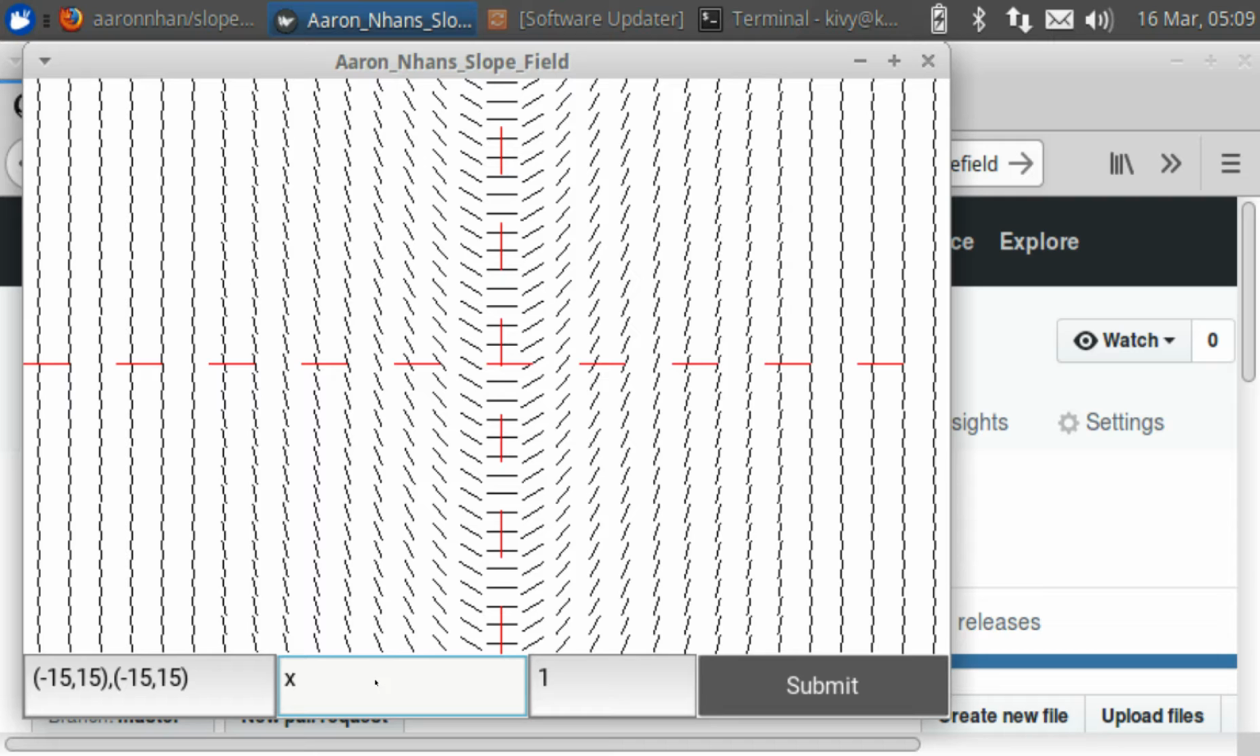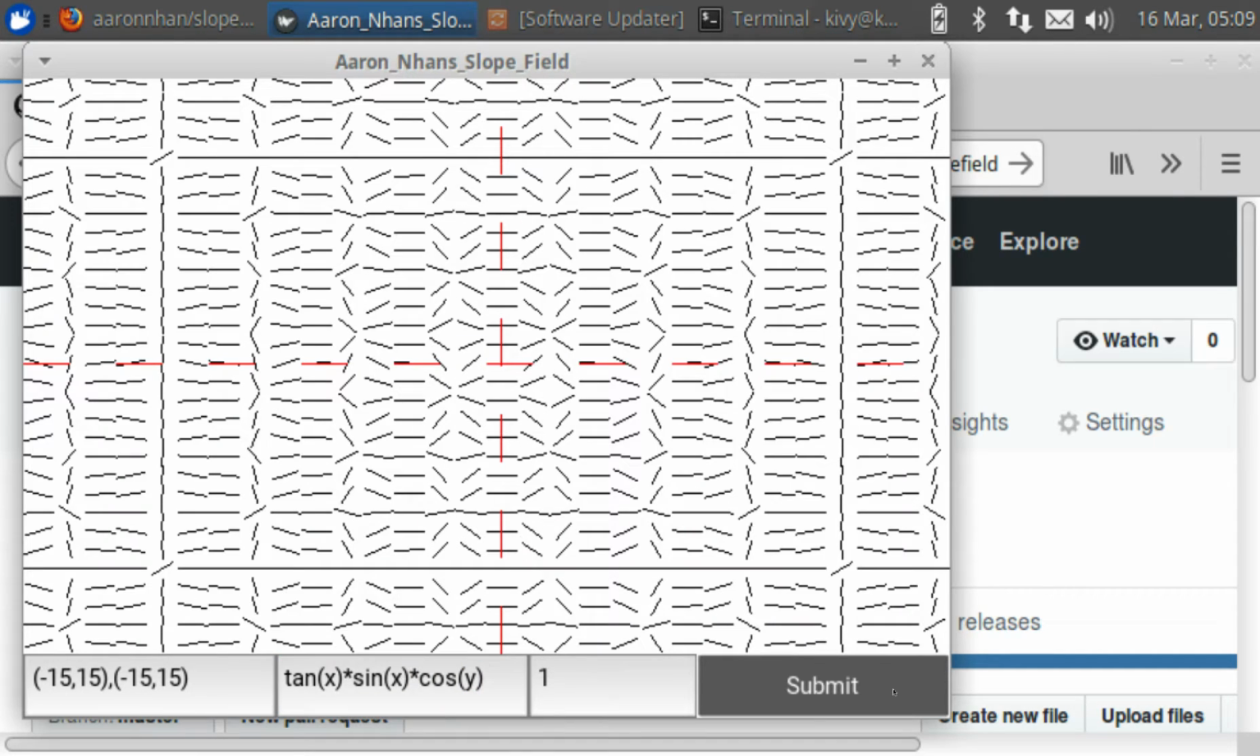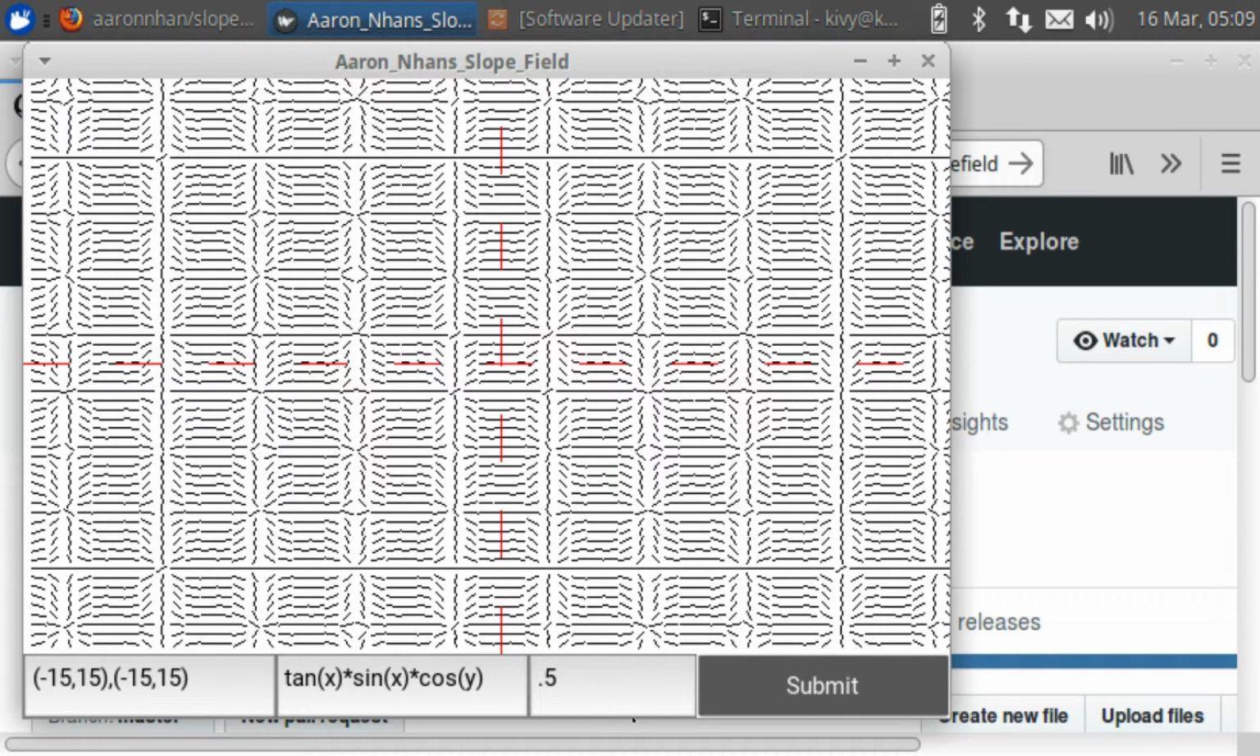It does support trigonometric functions, as you saw earlier. For example, tangent x times sine x times cosine y. As I was graphing this, I realized that this data isn't that helpful because it's just going by ones. But what if we could change the increment, make it go by 0.5, maybe, to get a better look, maybe even 0.25,